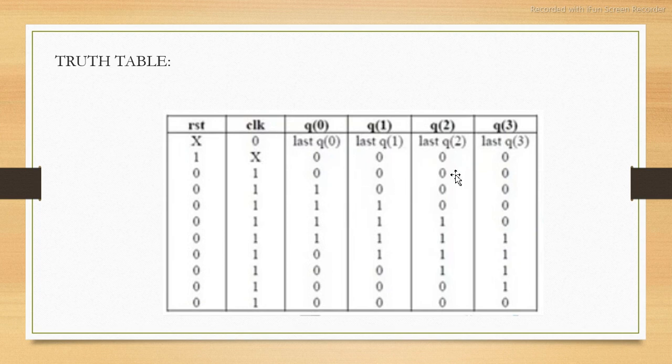If I give 0 0 0 0, the last one is 0, that can be complemented and shifted to the first flip-flop as 1, and the first flip-flop is shifted to the second, shifted to the third, shifted to the fourth. 0, it can be complemented. 1 is shifted to the first flip-flop, 1 is shifted to the second, 0 is shifted to the third flip-flop, and 0 is shifted to the fourth flip-flop. It can continuously happen.